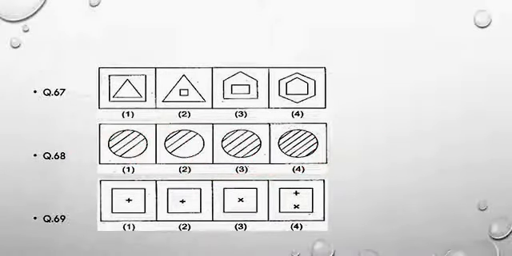Let's go to next question. In question number 69, there are 4 options given. In the first option, there is one square inside of which there is a plus sign. Only one plus sign is there. In the second figure,